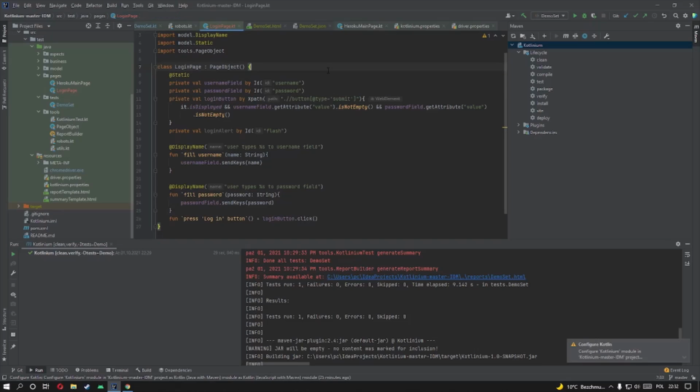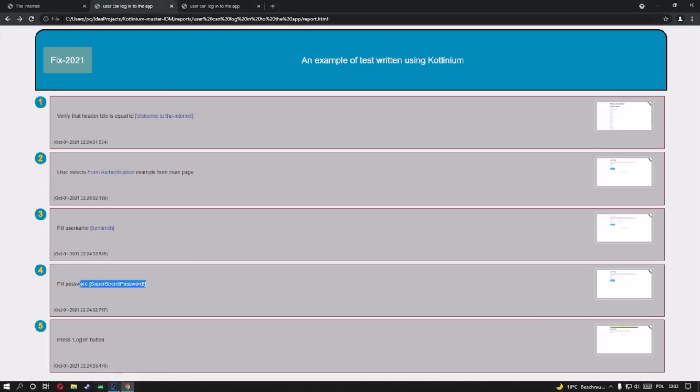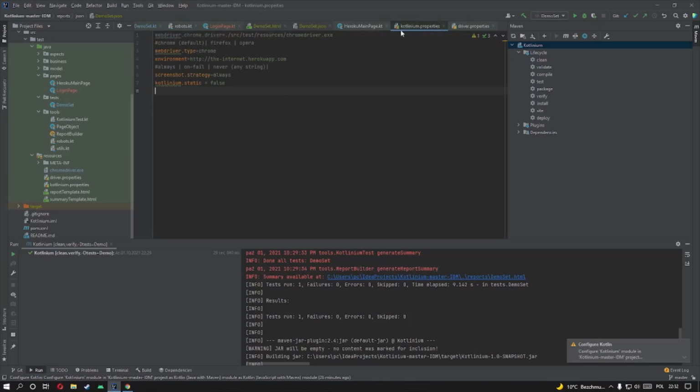Now, it's also dangerous to use, so to speak, because in some cases you may end up with stale element reference, because some web element may just refresh and you don't even notice it, or it simply refreshes and loses the last reference to it. That's when the stale reference exception will be thrown. So use it carefully, but for some very static websites like this Heroku app, for instance, we can just try to speed up our tests and use the static property